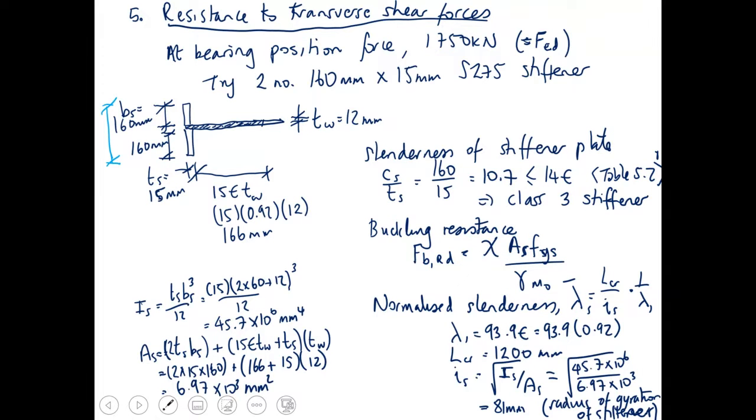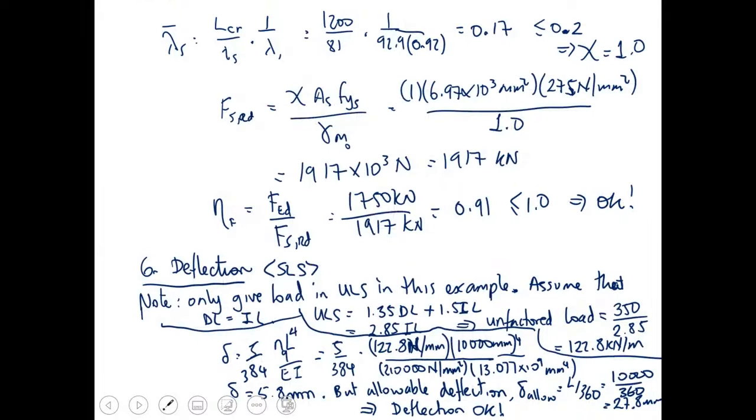And then as per example 1, we then do the transfer resistance to transfer shear forces. So I'm not going to go through that here again, but it's the same idea. We trial the stiffeners in there. We get the slenderness of the stiffener plate, the buckling resistant stiffener plate, the normalized slenderness value of it. And then we can get this reduction factor again. We get the resistance, the shear resistance, or the transverse force resistance. In this case, it's